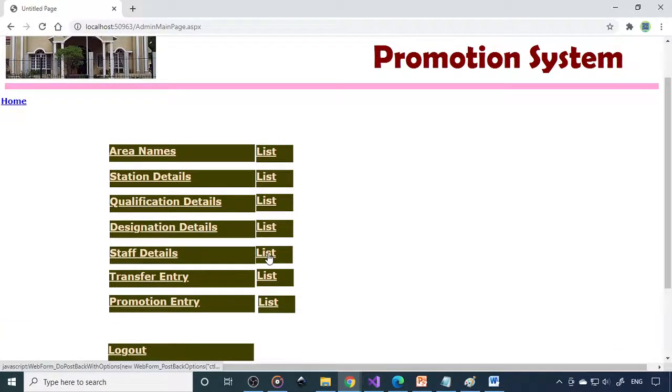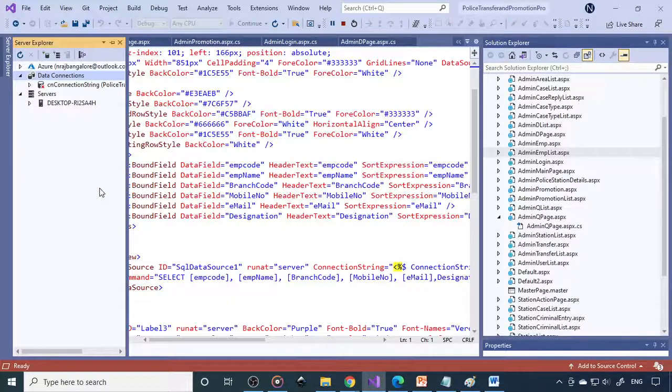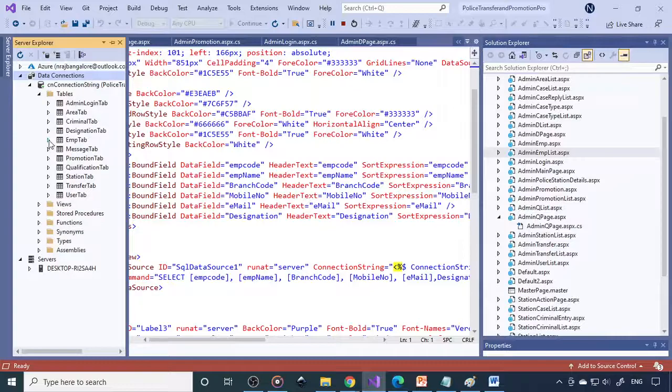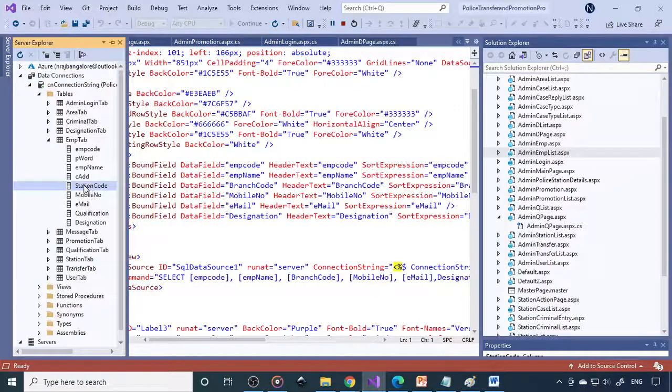I'll just check what the problem is. Here you can see the database, the tables, and this is the employee table. Here is a station code, and correspondingly it's supposed to be station code here, but it is branch code.